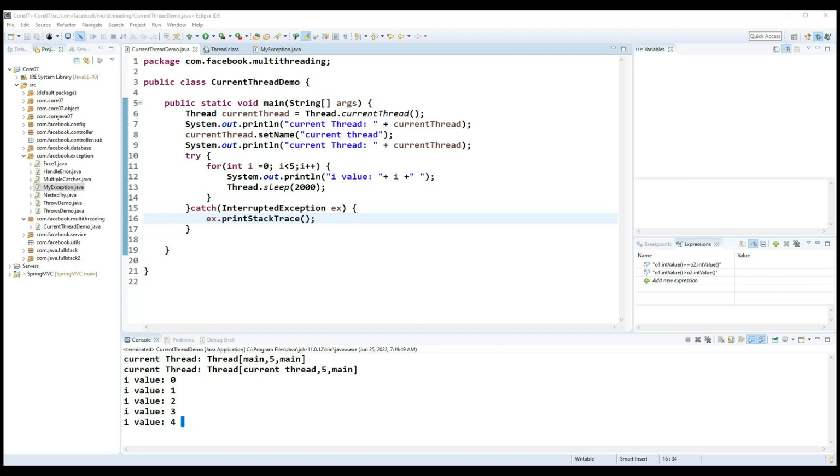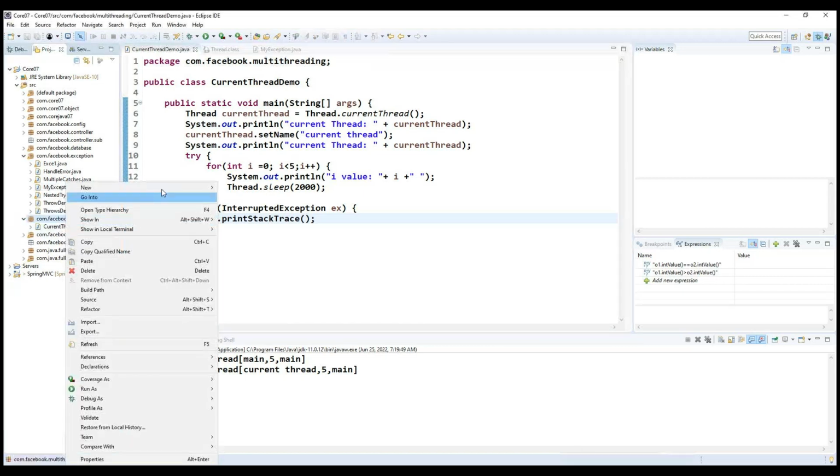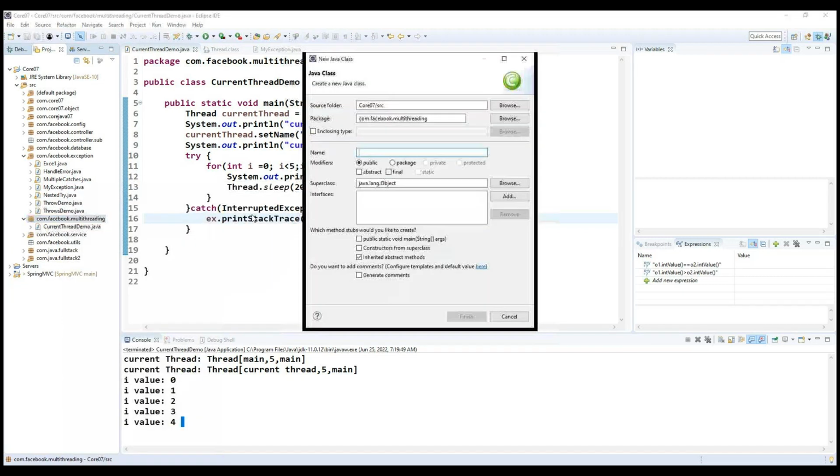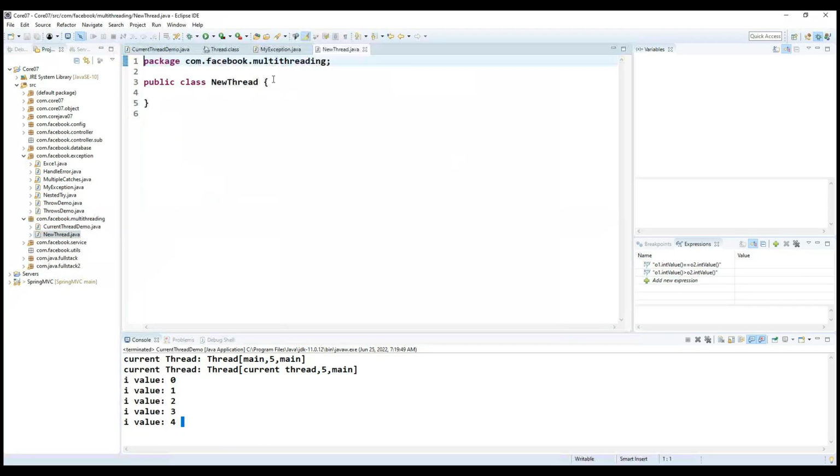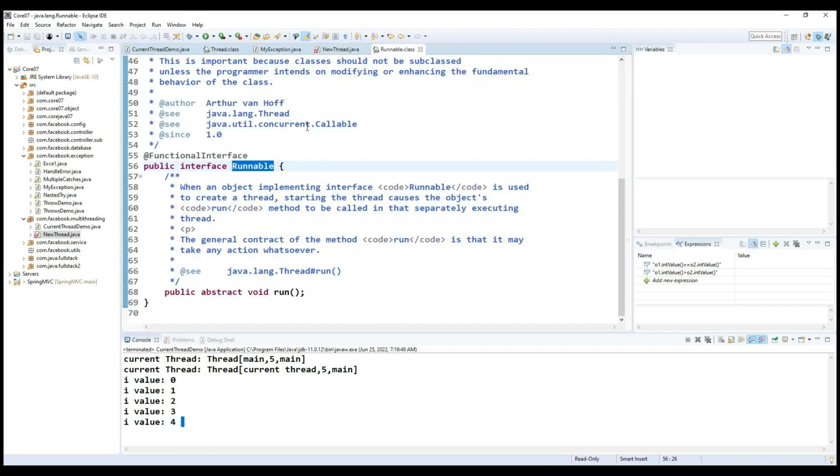We'll extend this particular thread class. Okay, now we'll understand a simple example implementing this particular Runnable interface. So let's say here I'm going to create a class. It contains the subclass here, something like NewThread, and this particular NewThread is going to implement the Runnable interface. And whenever it is implementing, if I expand this particular interface,